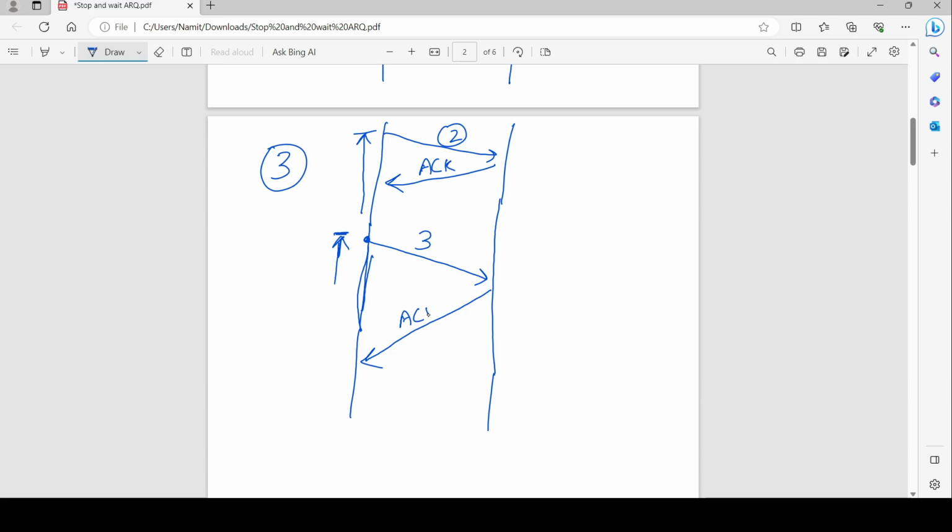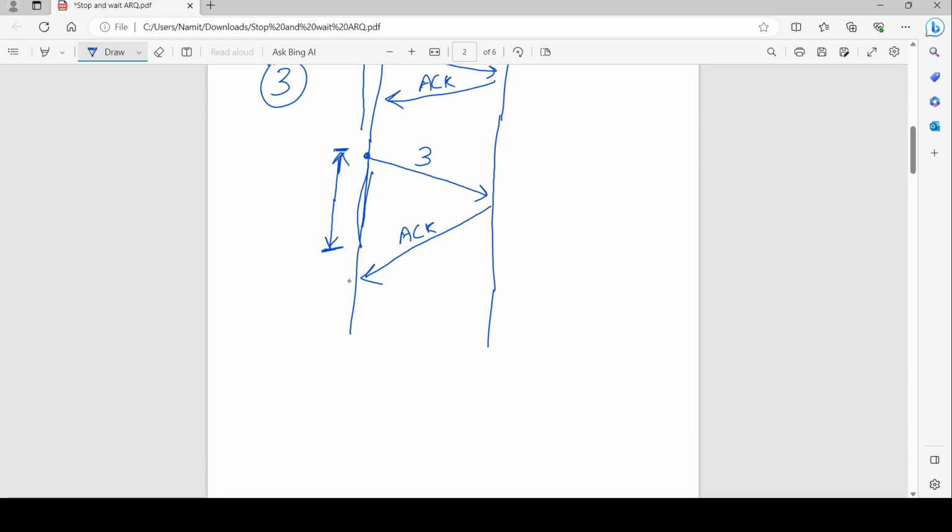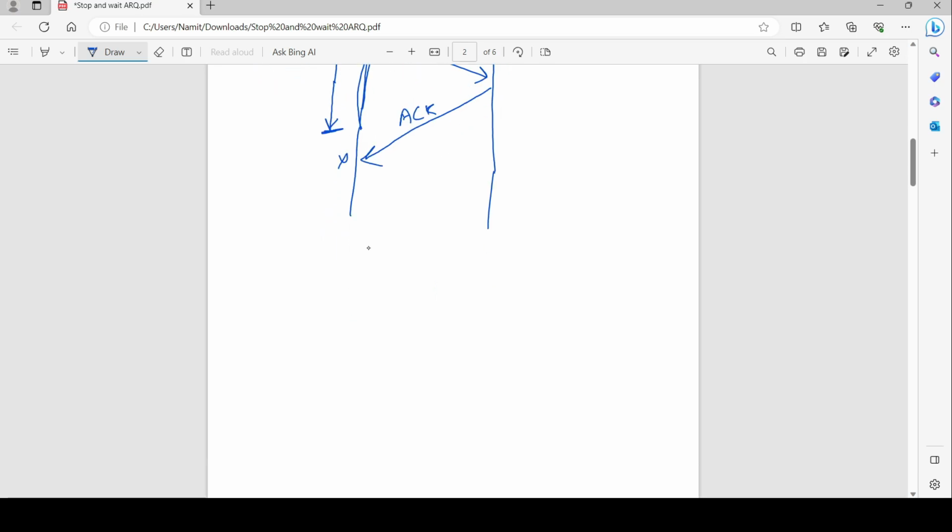But by this time your timer has already triggered. Now what would happen? The sender is going to reject this acknowledgement afterwards, and it would retransmit the data again. So the timer would start here, and since the data is being retransmitted,